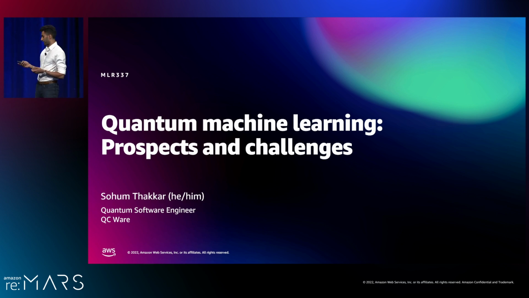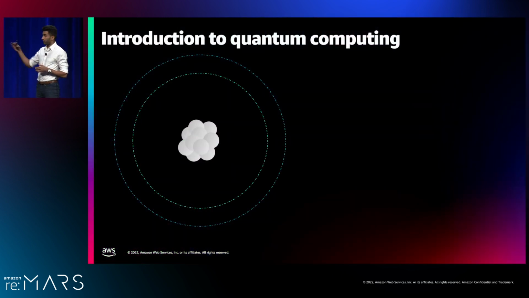Well, an electron has a few energy levels, and here we'll focus on two of them: the upper energy level and the lower energy level. One way you can store a bit is to say that if the electron is in the upper energy level, then it's a 1. And if the electron is in the lower energy level, it's a 0.